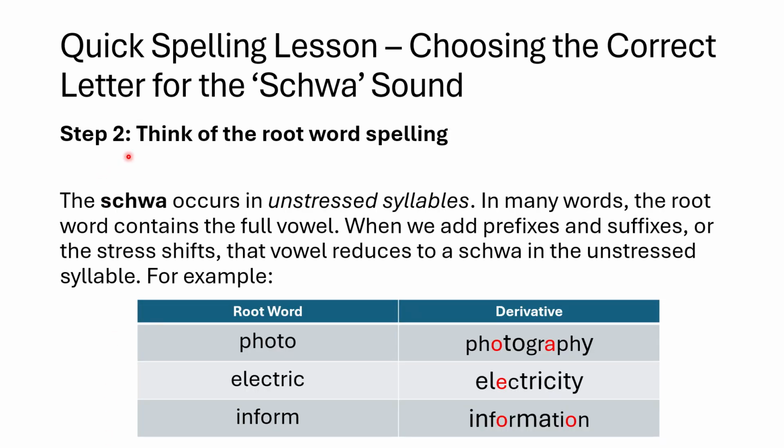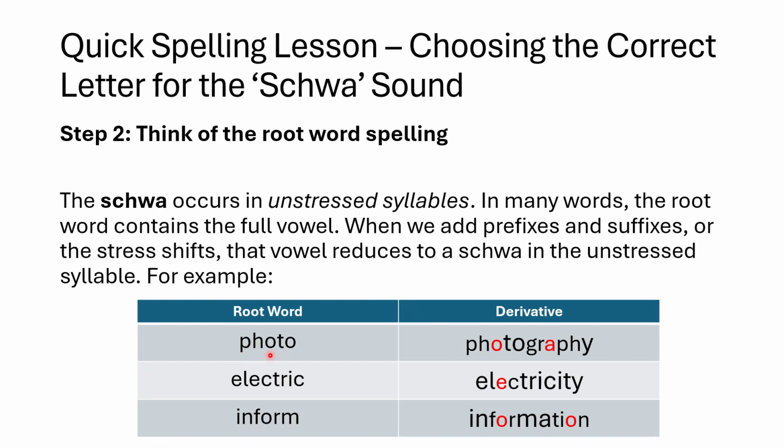Step 2. Think of the root word spelling. The schwa occurs in unstressed syllables. In many words, the root word contains the full vowel. When we add prefixes and suffixes, or the stress shifts, that vowel reduces to a schwa in the unstressed syllable. For example,